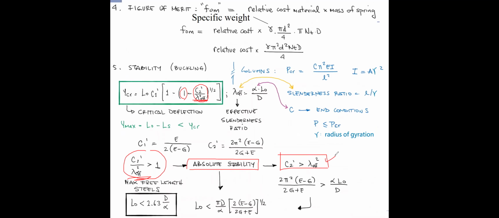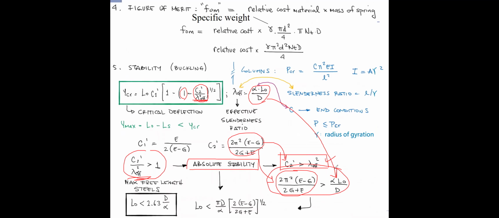Absolutely stable. Okay, and then we can plot those material properties in the C2 prime, right? So the C2 prime here, and the lambda EFF, the effective slenderness ratio, right here. So we can rearrange this